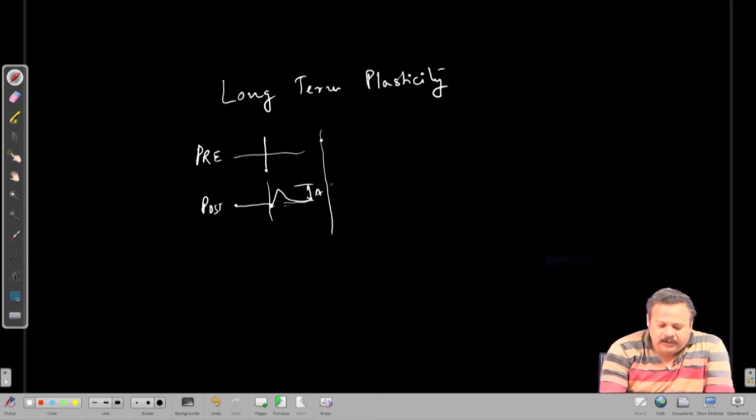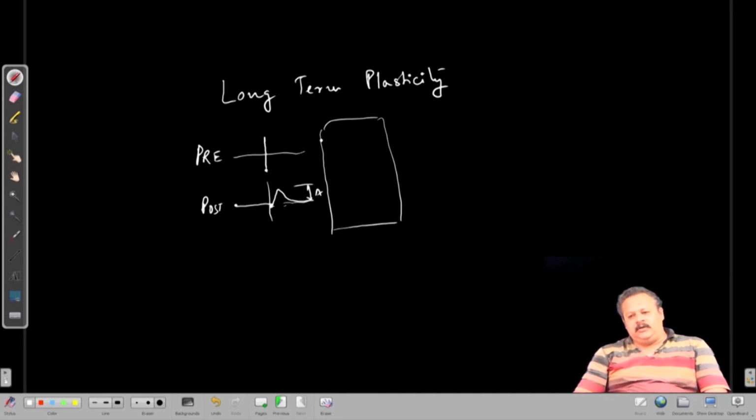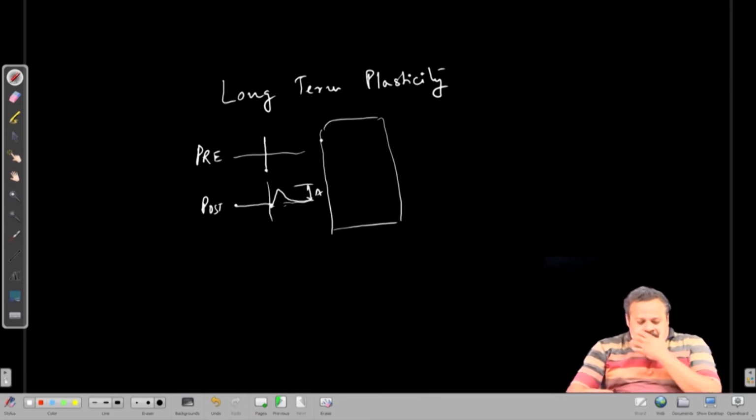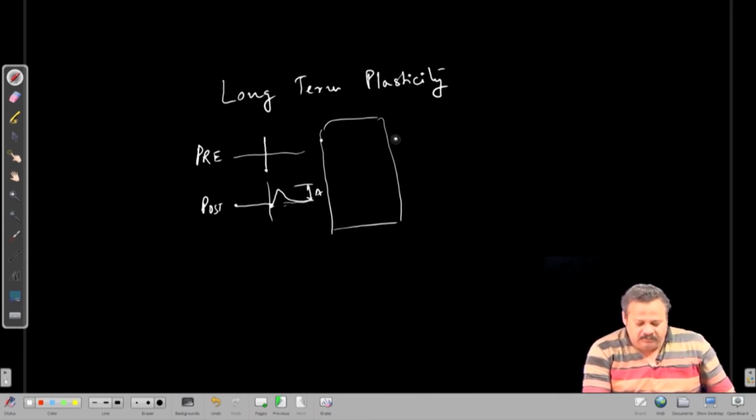Now, again we do some sort of manipulation to the activity of input and output, or just input, it depends. And then again we do the measurement,